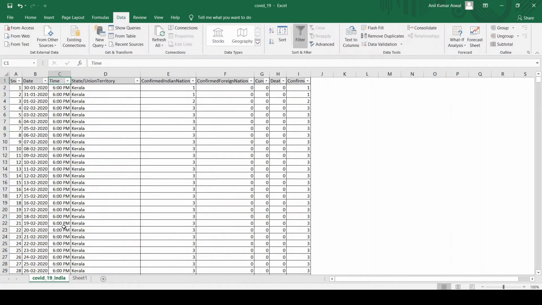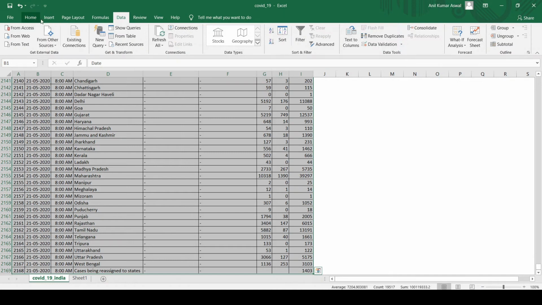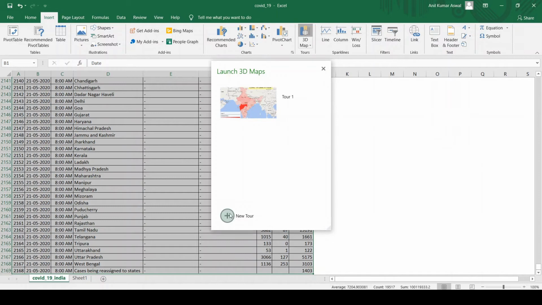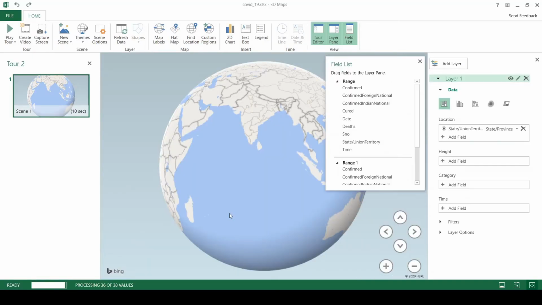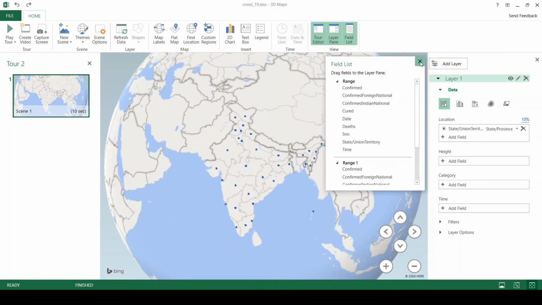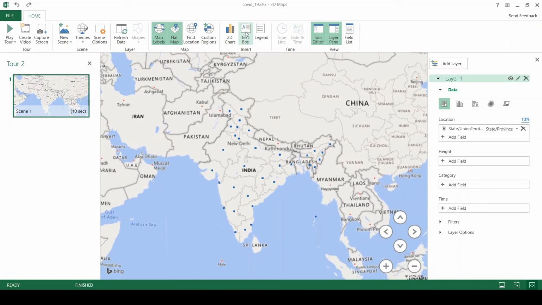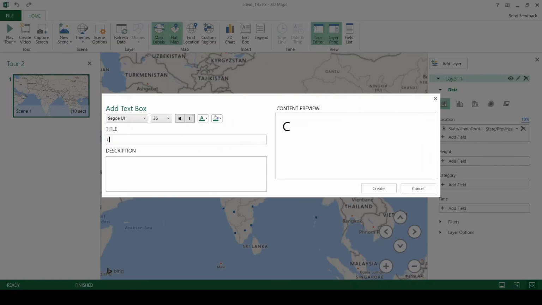So this is my entire dataset. I'm going to select it, go to insert, 3D maps and new tour. Again with the routine: map labels, flat map. I'll add the title cases, India, timeline.